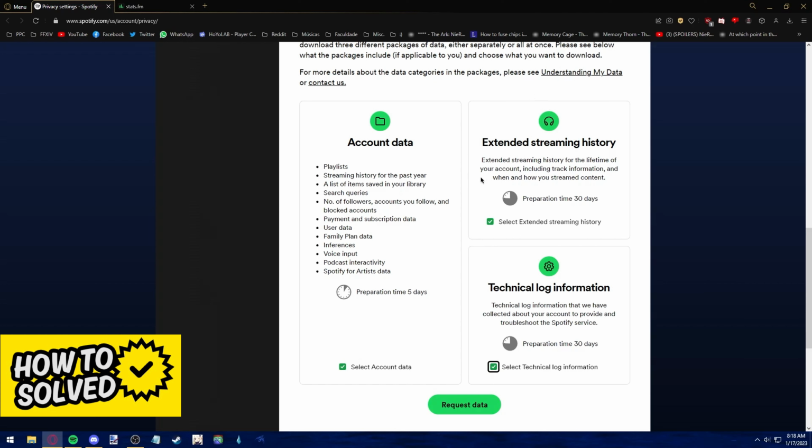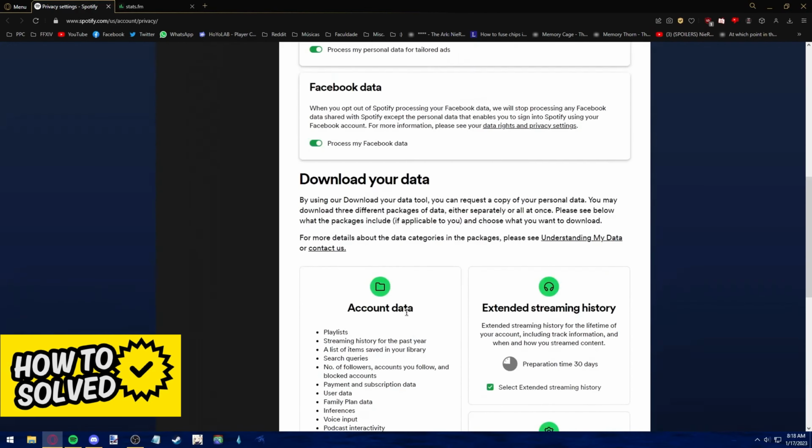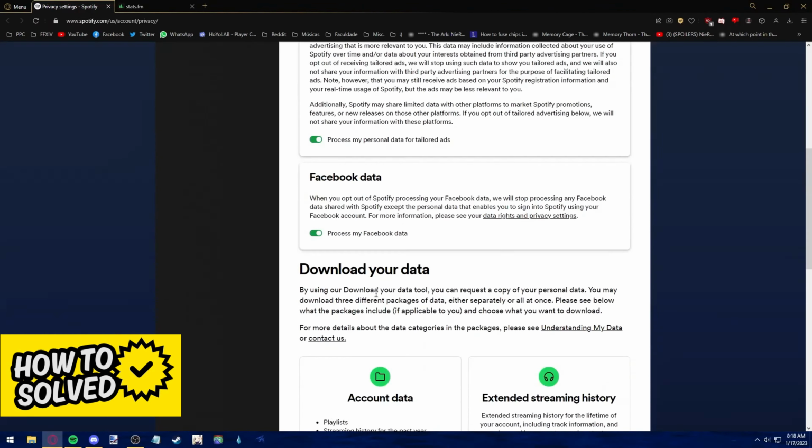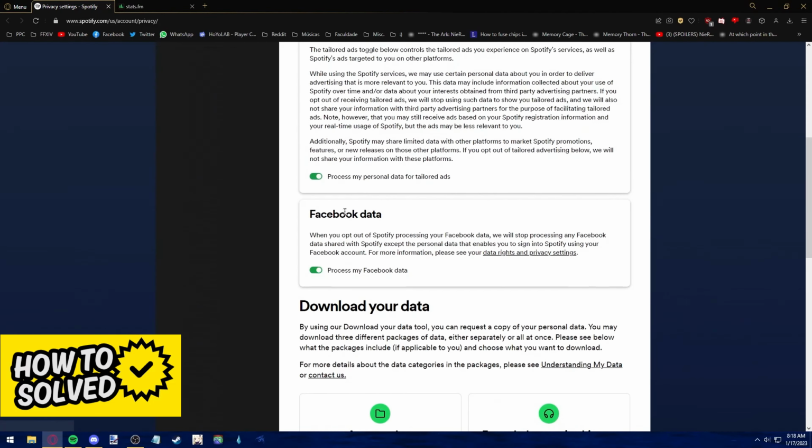Please note that if you select Extended Streaming History and Technical Log Information, it's going to take a lot more time to actually receive your data and check how many hours you spend on Spotify. You will receive this data in your email, and after you download the file containing your account data, all you